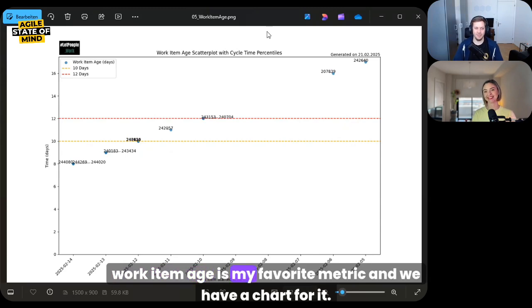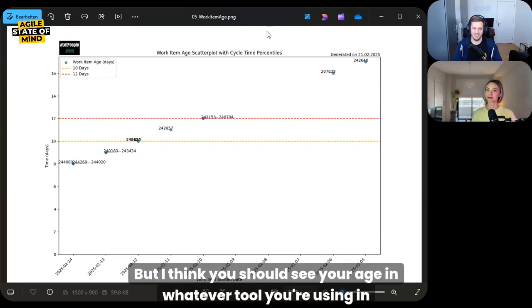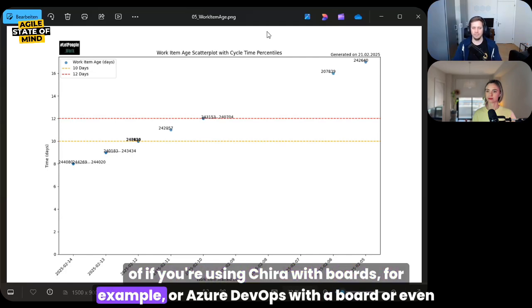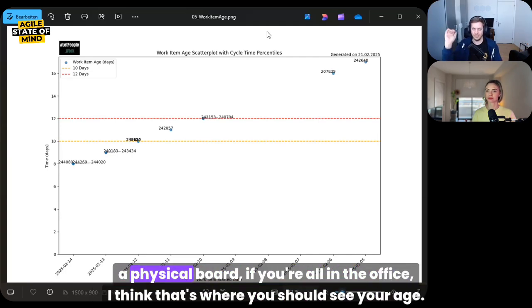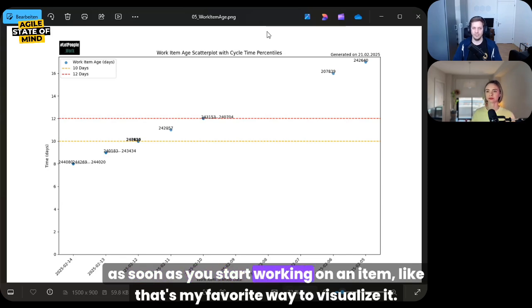Work item age is my favorite metric, and we have a chart for it. But I think you should see your age in whatever tool you're using, if you're using Jira with boards, for example, or Azure DevOps with a board, or even a physical board if you're all in the office. I think that's where you should see your age. As soon as you start working on an item, that's my favorite way to visualize it.